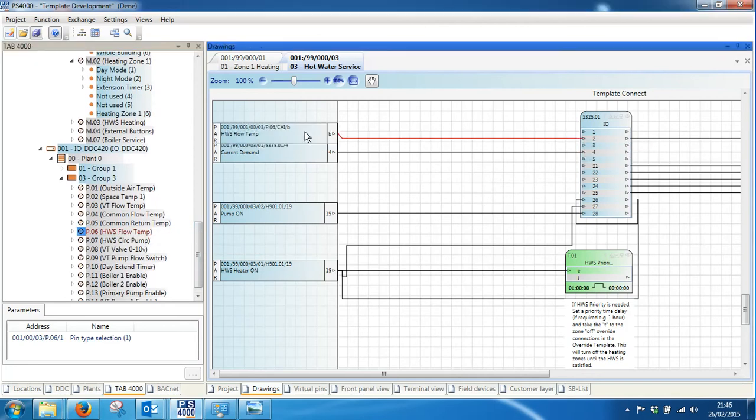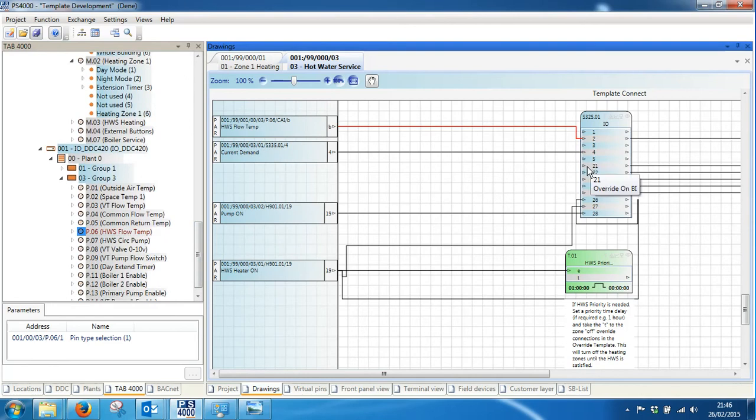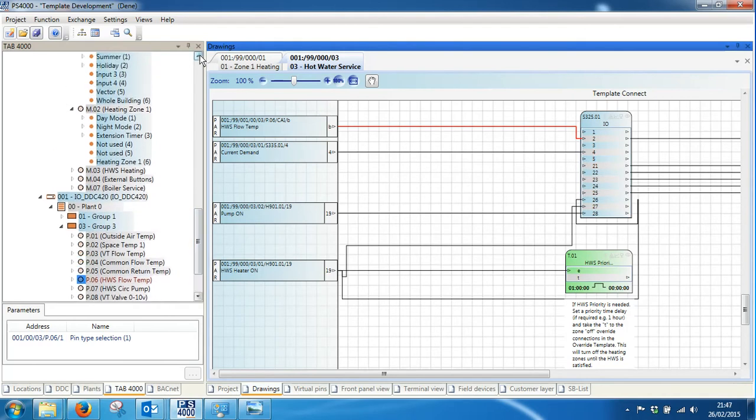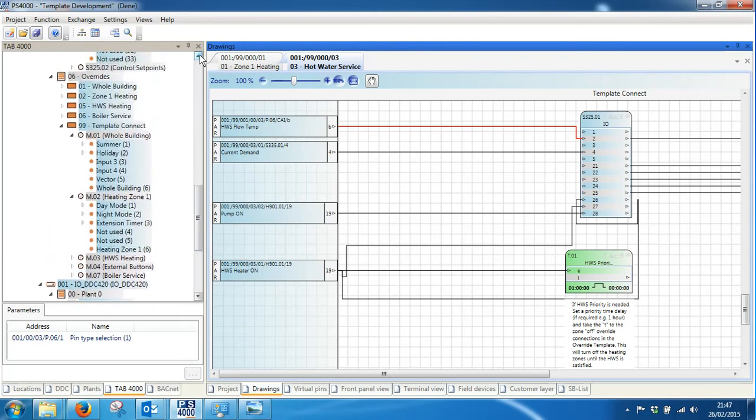Okay, that's done. The next connections I need to make. Current demand is the primary set point, which we'll take to our boilers shortly. On other templates, this is where I would connect a control valve. We don't have that on this application. Pin number 21 is now my override connection, where I go to my overrides page. So I find that in my overrides